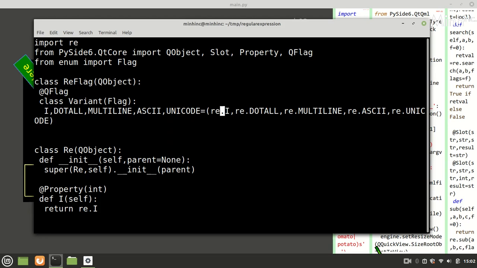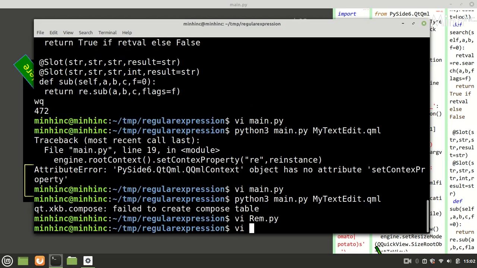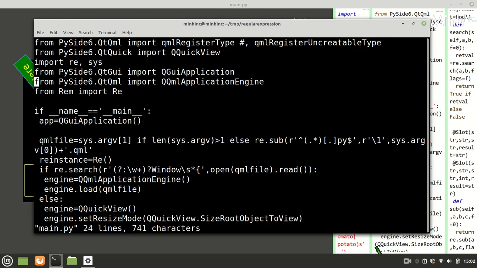Okay, so it is crystal clear. Now we can go to main.py, and here we can import REFlag also in main.py,